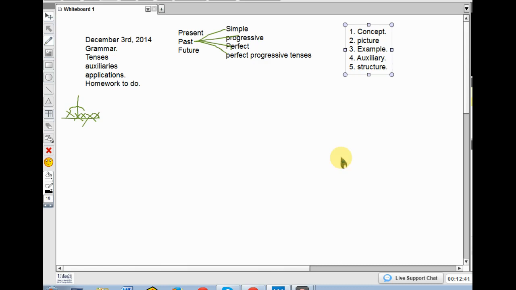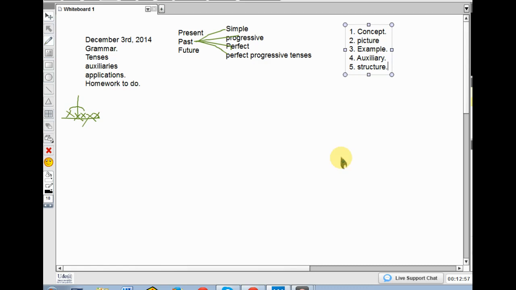The structure for the present progressive: subject plus the verb to be, are, is, plus the main verb in ing plus complement. The structure for the present perfect: subject plus have or has plus the main verb in